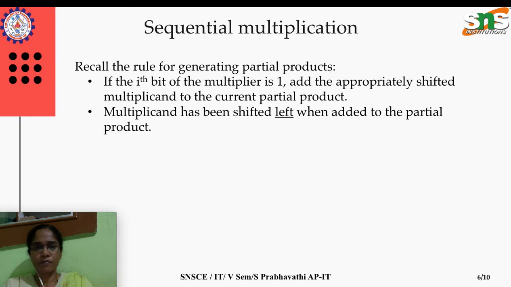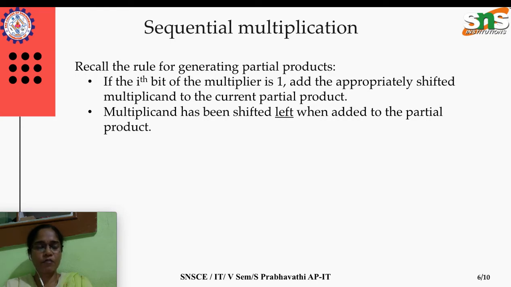So, sequential multiplication. The same logic is applied: if the ith bit of the multiplier is 1, add the appropriate shifted multiplicand to the current partial product. Here one thing is the multiplicand has been shifted left when added to the partial product. So far we have seen the multiplicand is shifted towards left or right?